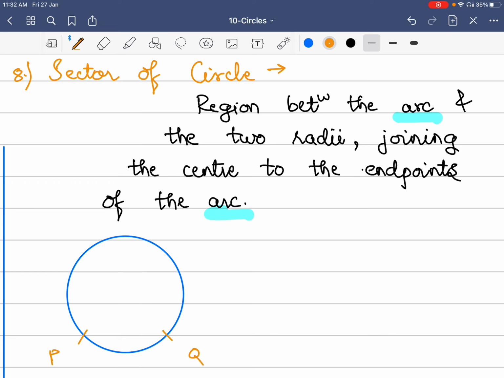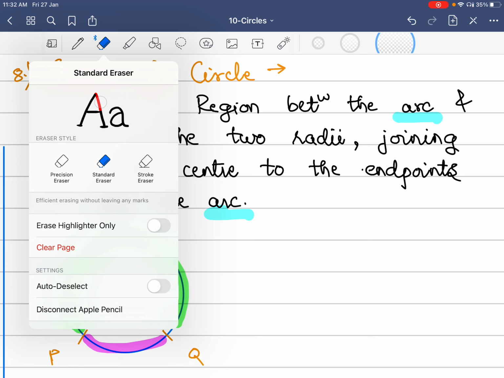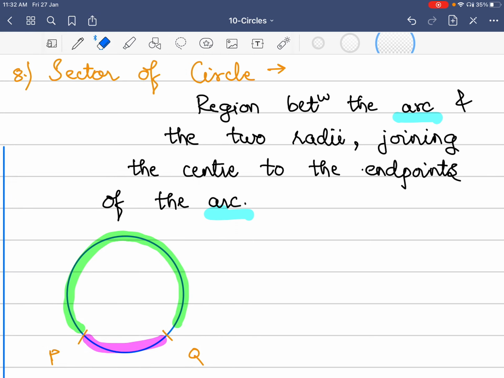So we have a major arc. I'm going to use a highlighter once again. This is our major arc, and this is our minor arc. So we have 2 arcs now. Now let's remove this highlighted thing, so that we can discuss it better. We know there are 2 arcs, major arc and minor arc. Now the region between the arc, so let's focus on this arc, and the 2